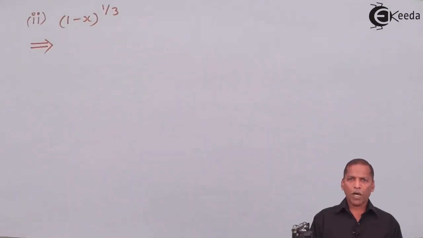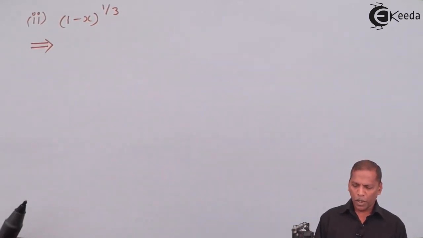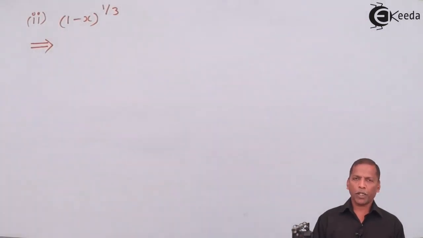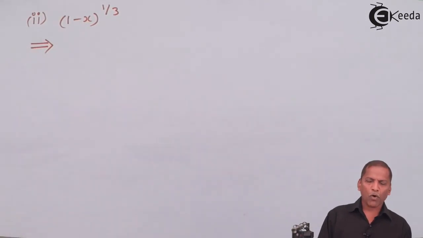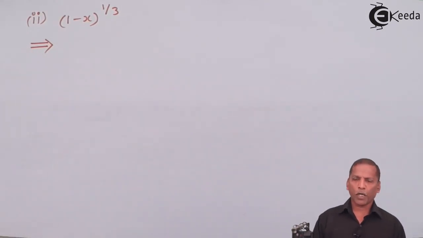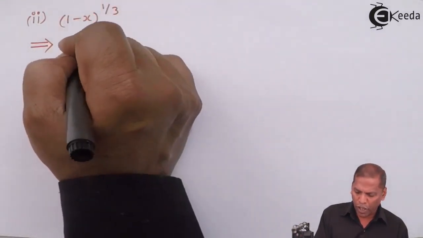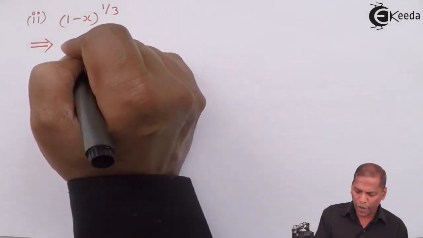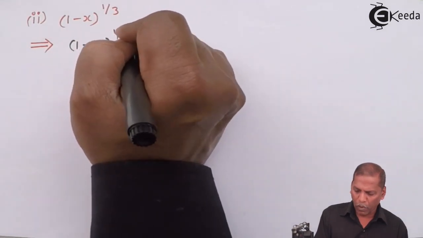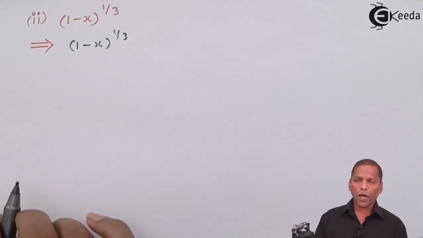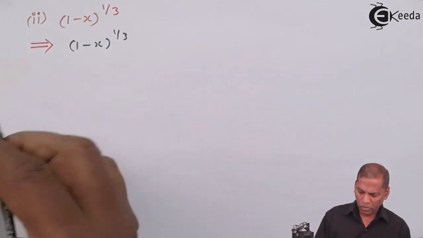The problem number 1, sub question 2 is (1 minus x) raised to 1 upon 3. For this question also we have to find the first 4 terms. So first we write the question as (1 minus x) raised to 1 upon 3. Now here we use the binomial expansion for any power,